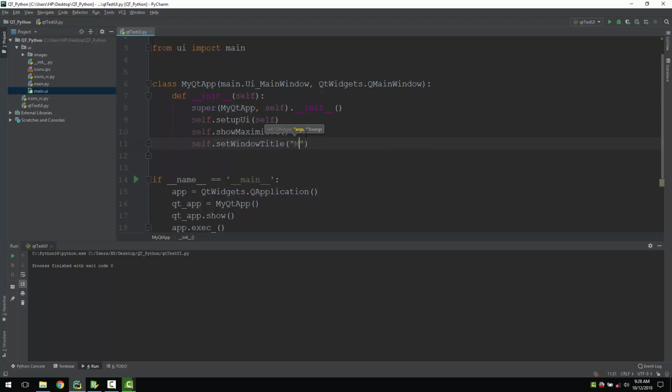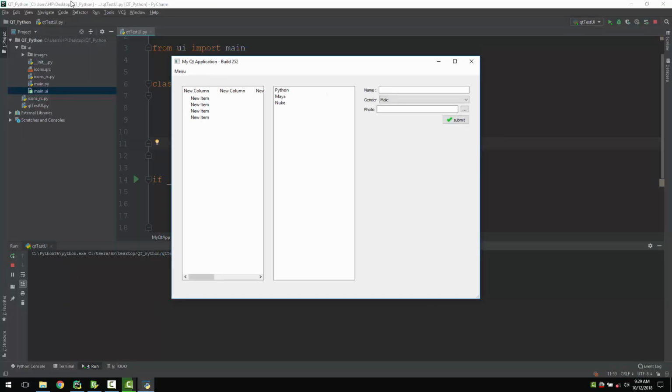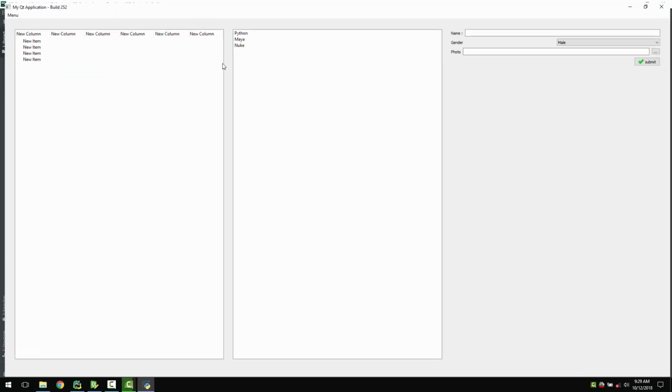So my app with some number, whatever version you can provide here. And once you run this, you will see the name of your window title will be changed,